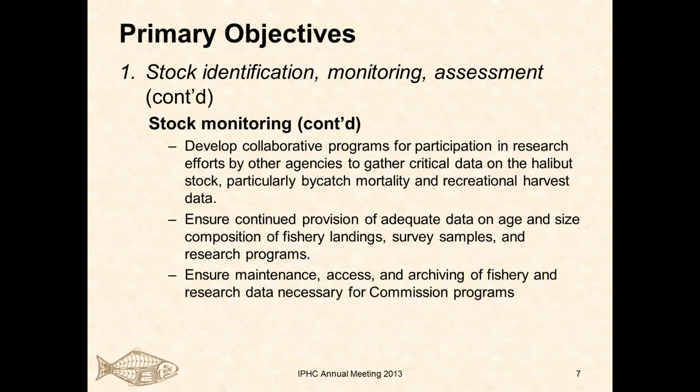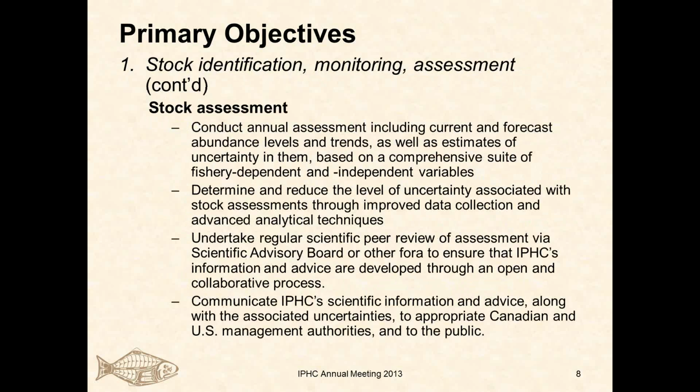We need to ensure that we have adequate sampling of our fisheries, and maintenance and archiving of all those data in a much more strategic sense. From the stock assessment perspective, obviously we need to conduct the assessment, forecasting current and forecasted abundance and trends, as well as estimates of uncertainty in them, to determine and reduce the level of uncertainty associated with our stock assessments. That's been one of the major undertakings that we've done with your guidance in the last year, and will be